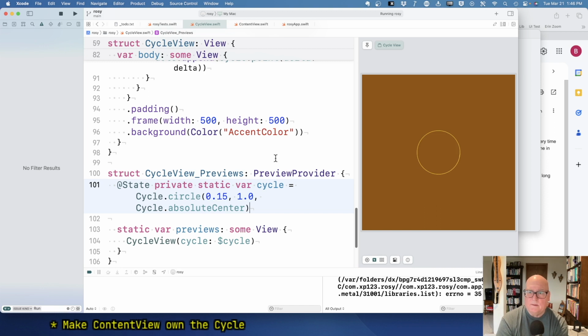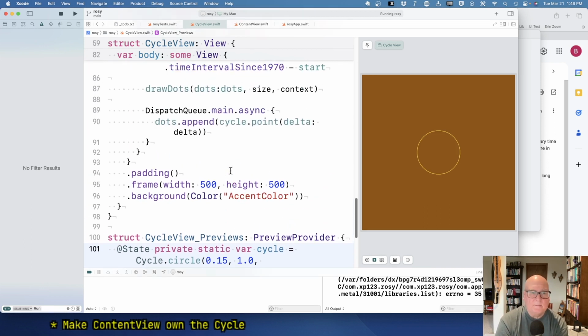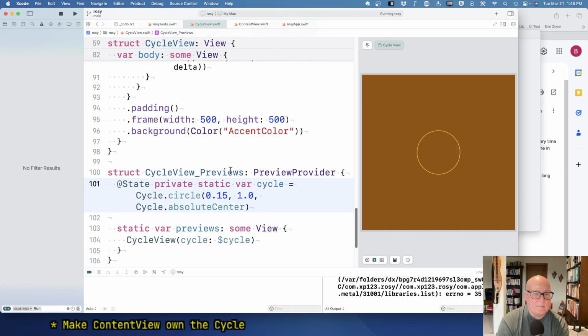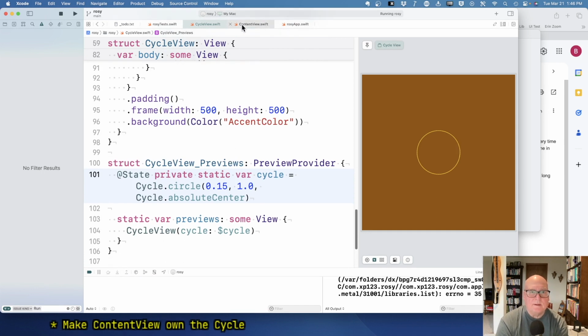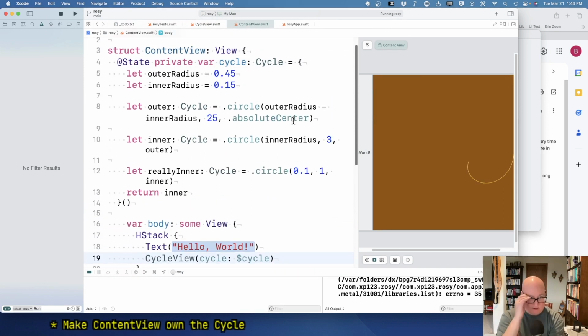Good. Okay. Alrighty. That's our preview. All right. So the content view, eventually I want to get this thing constructing it somehow. Okay. So I think,